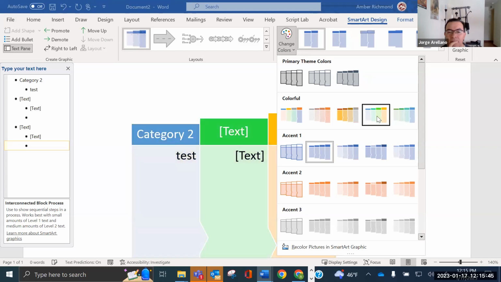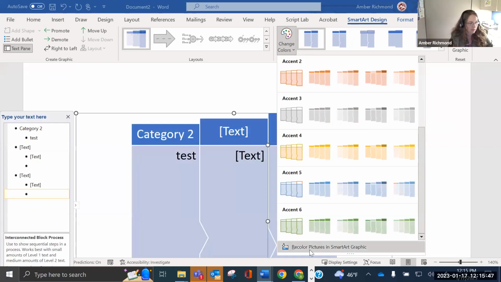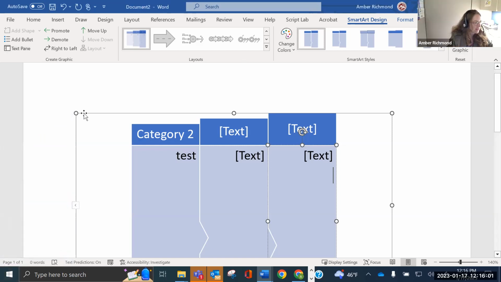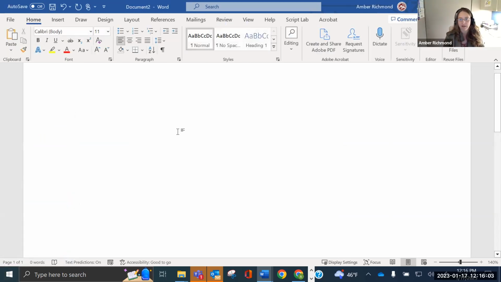If you want to get to the more advanced, there's always an option at the bottom where you can customize it how you want. And if we mess up, we can always hit reset graphic and it'll put it back to the way it was at first. Yeah. All right, so the other two things I wanted to talk about in addition to our SmartArt,